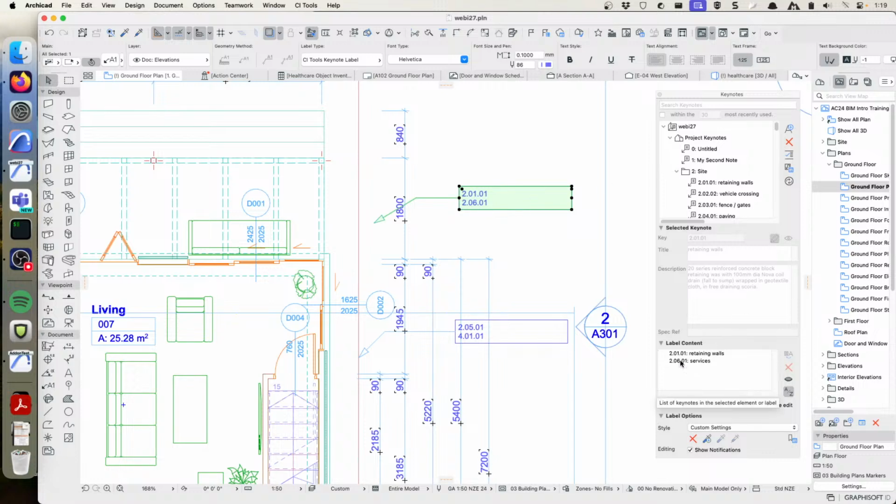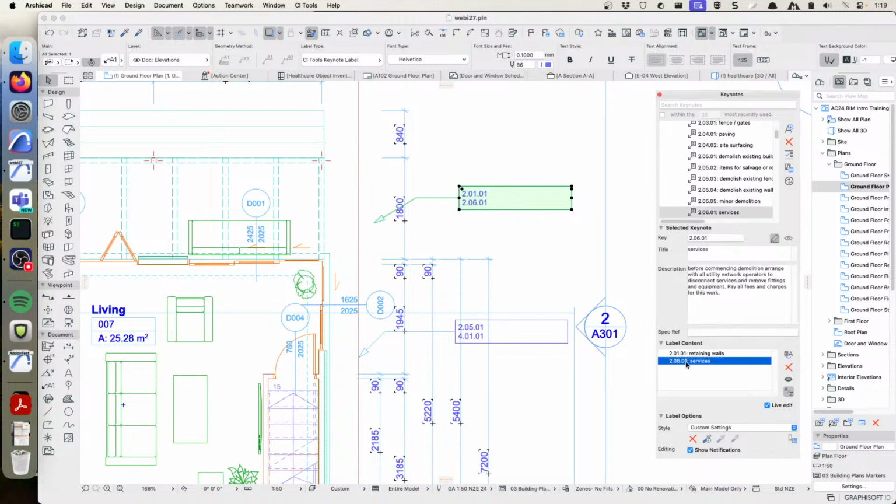A short way to get to the note that you want is if you click on it in the label content here, it will zoom to it at the top. So we've got 20601 services here. So in this case, let's make some changes. So we're going to say that this one here is